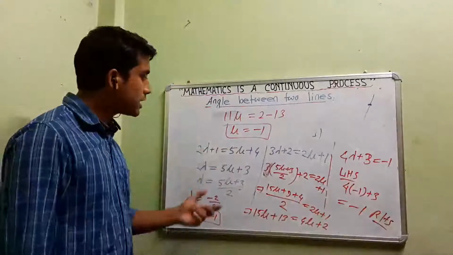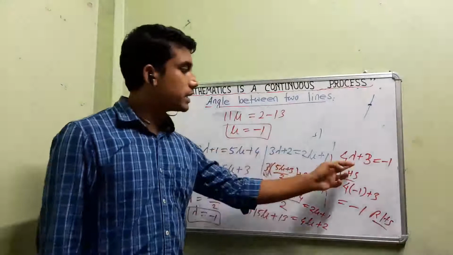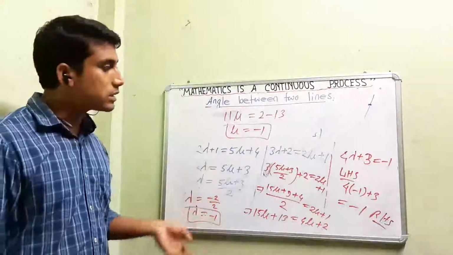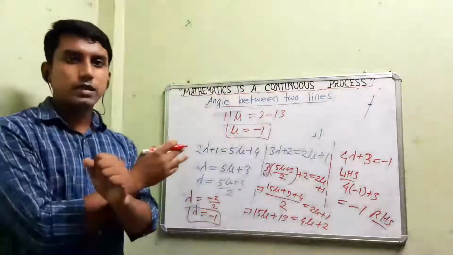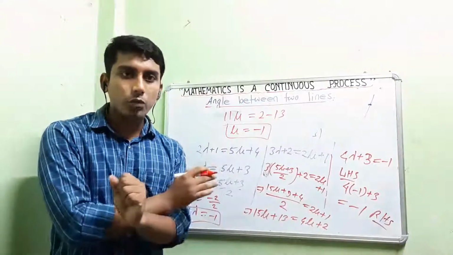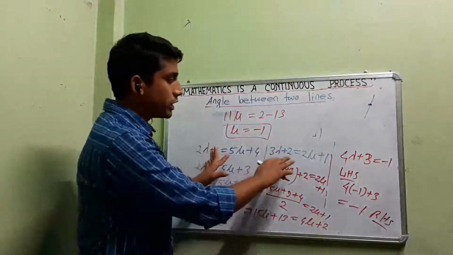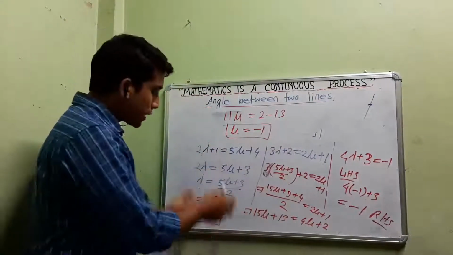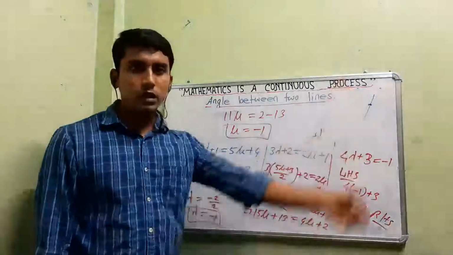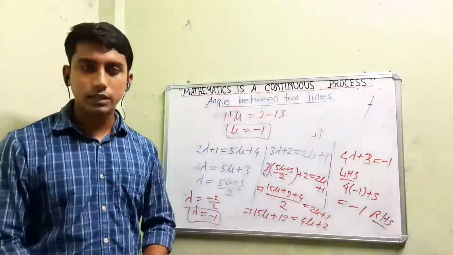Now how did we get the equations? By considering the coordinates: x coordinate equal to x coordinate, y coordinate equal to y coordinate, z coordinate equal to z coordinate. Why have we equated the coordinates? Because we have taken the concept that if two straight lines are intersecting, then they will have a common point of intersection, so their coordinates must be equal. That's why I equated the first two coordinates and solved them, and if that satisfies the third equation, which we got by equating the third coordinates, then we'll say yes, the two given straight lines are intersecting each other.